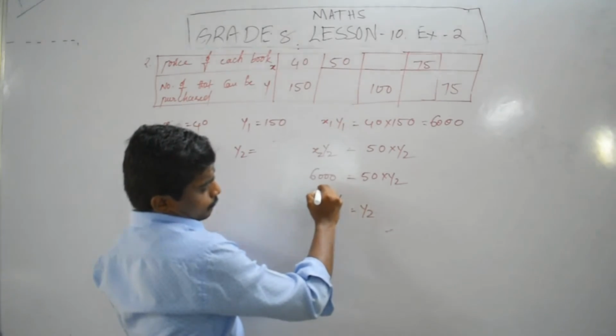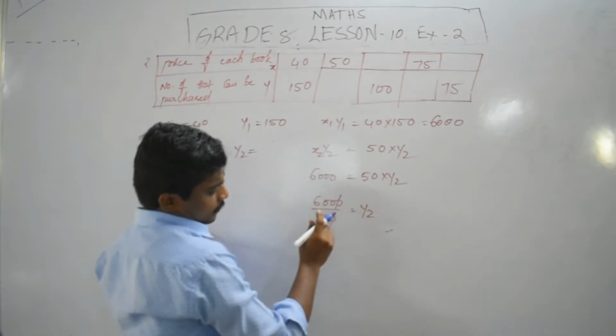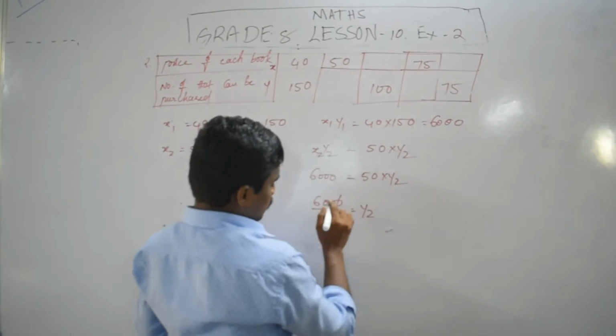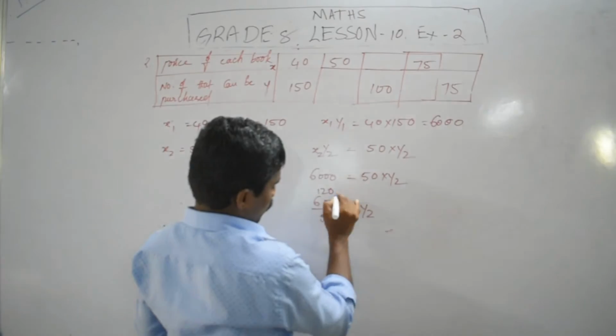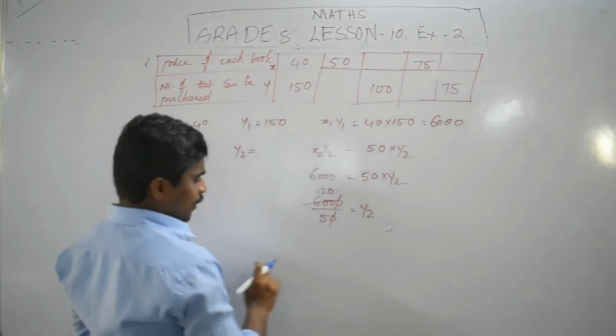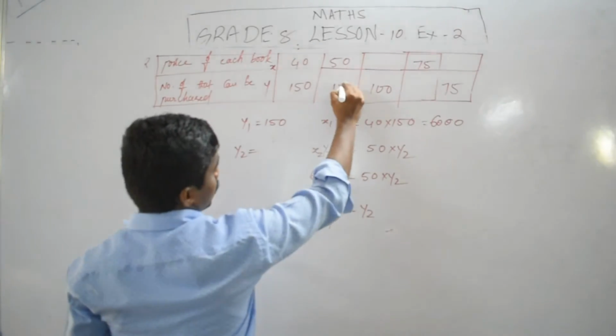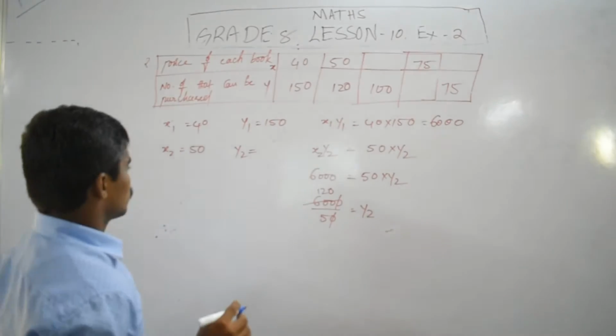5, 12 5s are 120. So y2 how much? 120. Next one,